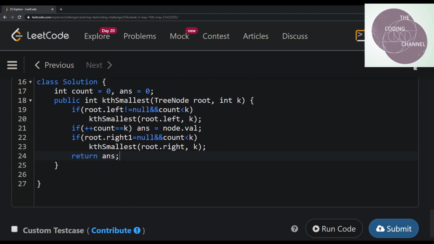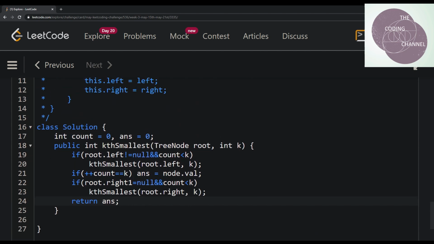So let's walk through this code again. So root.left and count is less than k. Root.left is not null and count is less than k. Then we process the left subtree of the given node. Once we've processed the left subtree and we've visited all the nodes in such a fashion, we are going to